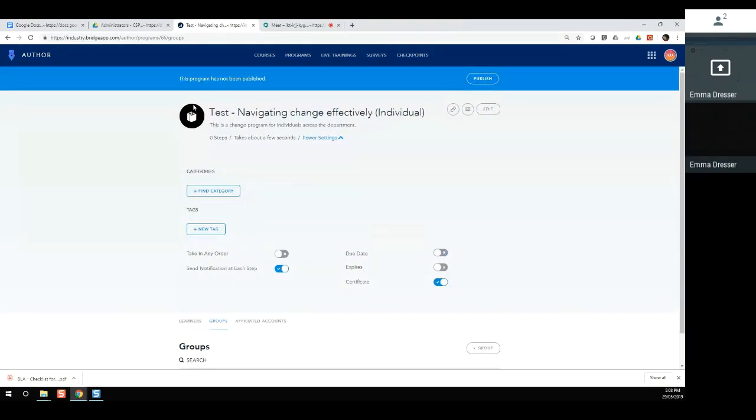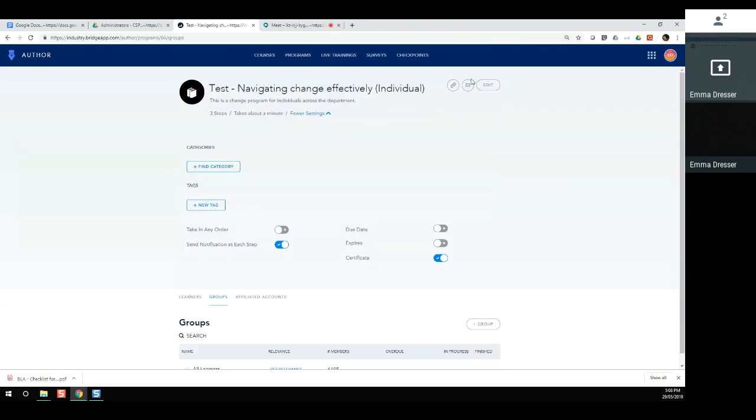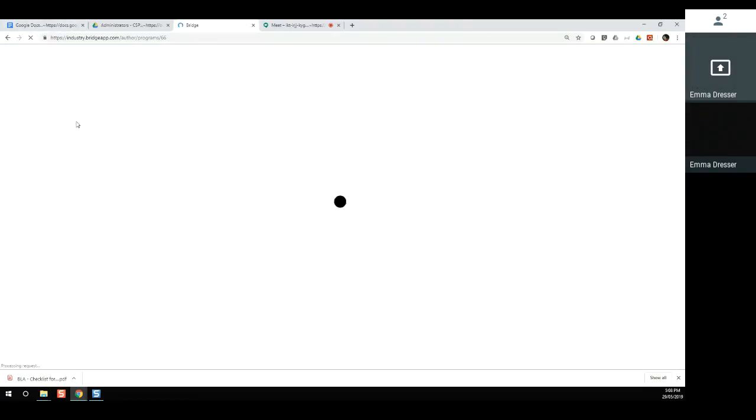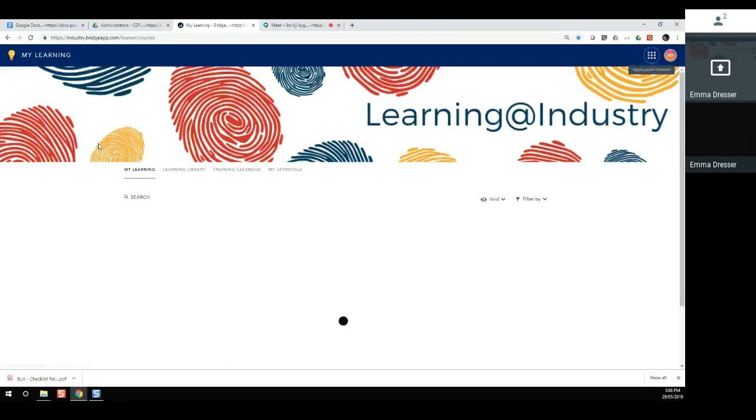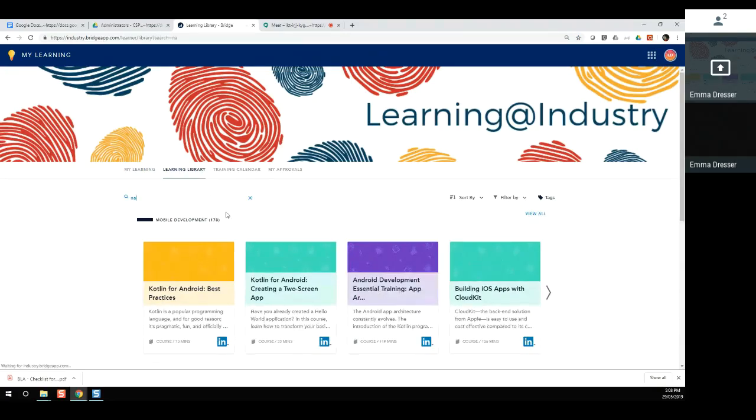I'm not quite sure why it's saying 0 steps. There we go. So send notification, certificate, I'm in. Okay, so now we're published. I'm just going to do a refresh, which is up here. You can also do a Control F5. What we want to do then is go over into My Learning. Actually, I'm going to go into the Learning Library, and I'm going to go Test,